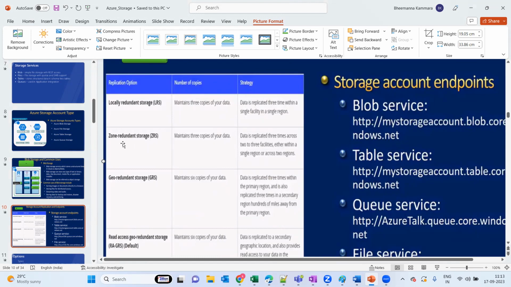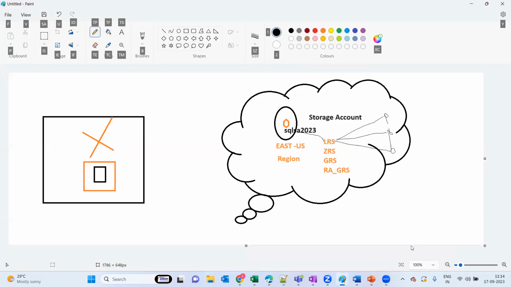So LRS within the single region maintains 3 copies. ZRS is basically maintaining 3 copies as well, within a single region or 2 regions. It may be maintained that 3 copies, single region or different region. If you can see this one, it will maintain only LRS, single region. So you just deployed in the East US, maybe this is going to maintain